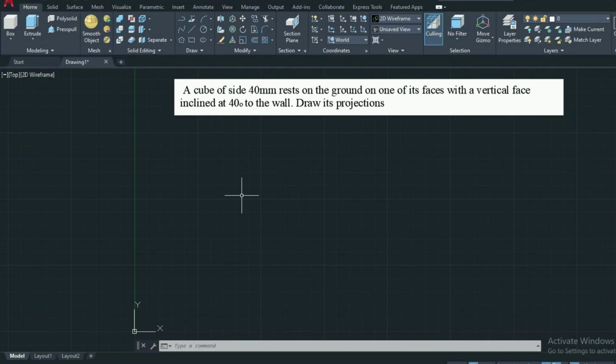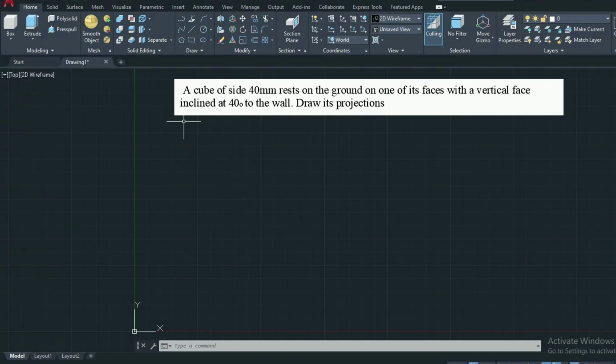A solid is positioned with reference to the planes of projection by referring to its axis in the following positions. We already know axis perpendicular to the horizontal plane and parallel to the vertical plane; axis perpendicular to the vertical plane and parallel to the horizontal plane; and third, axis parallel to both the horizontal and vertical planes. Okay. So here we are going to discuss axis perpendicular to any one plane and parallel to the other, and finally axis inclined to any one of the planes.